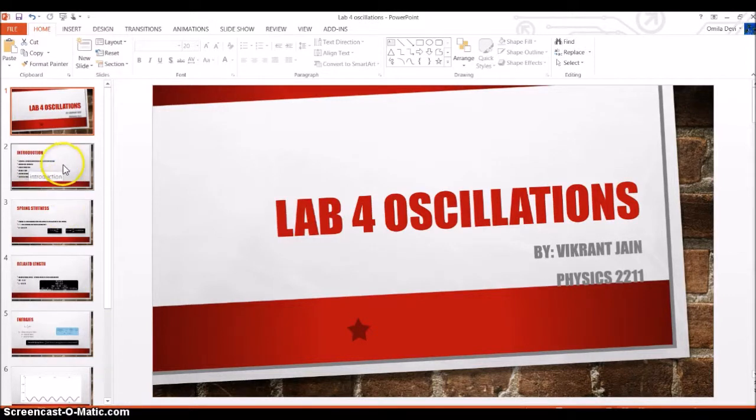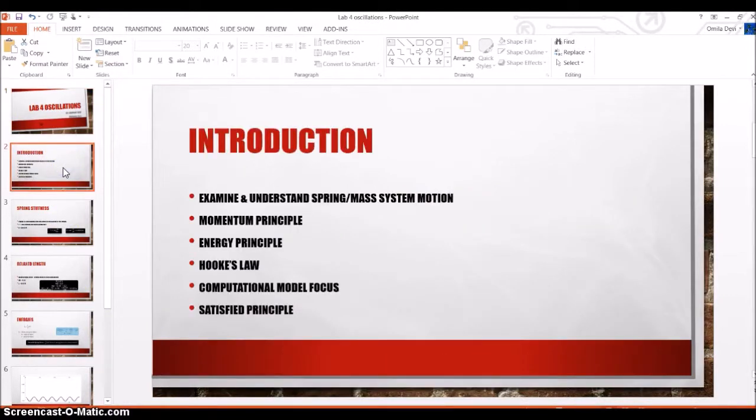The purpose of this lab was to examine and understand the motion of a spring mass system in which the mass swings in an arc while also oscillating on the spring. We did this by applying several fundamental principles of physics to our analysis process, primarily the momentum principle, Hooke's law, Newton's second law, and the energy principle. Furthermore, as we reach the conclusion of our discussion, we shall understand how the energy principle is indeed satisfied during